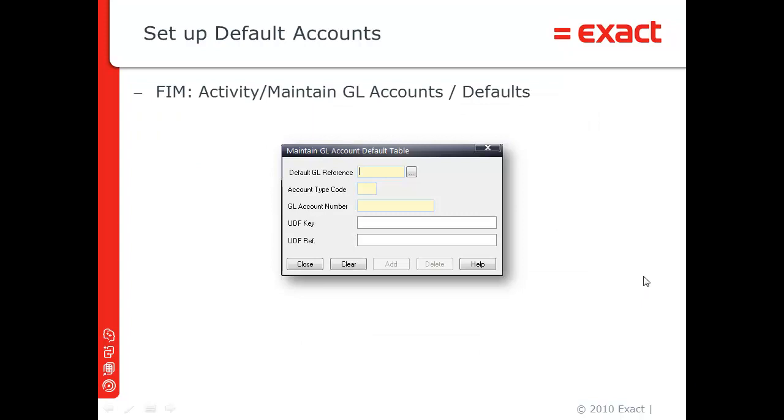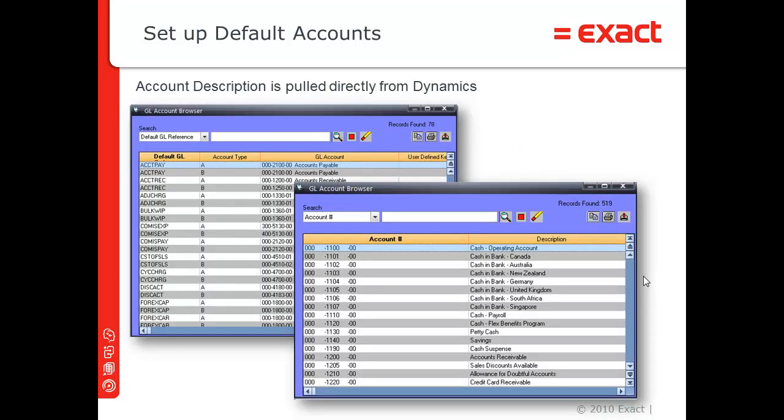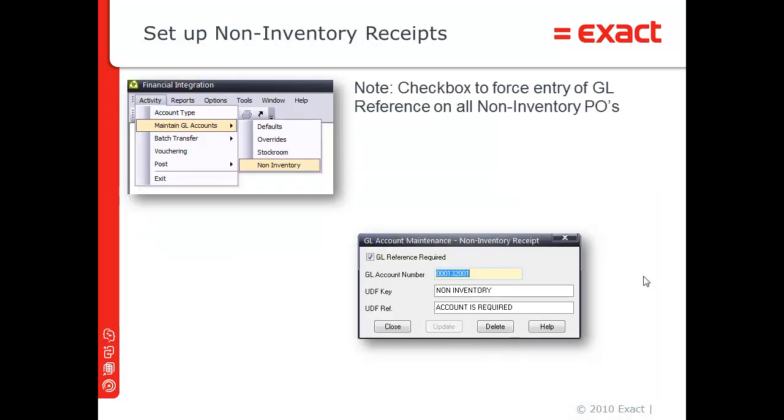Now to make this all work, we have to set up all the chart of accounts. We'll start with the default accounts. Now this is accessible through the Financial Integration module, Activity, Maintain GL Accounts, Defaults. Now if you're using Dynamics, the account description is pulled directly from Dynamics. To set up non-inventory receipts, select Maintain GL Accounts, Non-Inventory, and specify the account number. If you check the box, GL reference required, then MAX will enforce the use of a GL reference where it